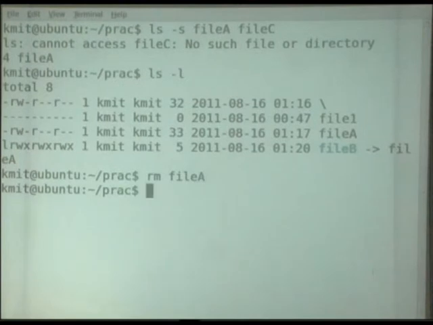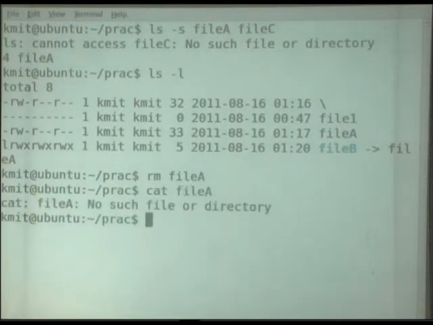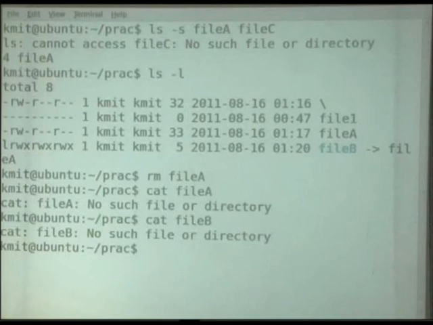I made a mistake, because we can also see the contents of file A with the help of file B also. That I have not shown, but it's very obvious that you can check the contents of a file. But now of course file A is not available, and when I want to see the contents through file B also, it is not available because the original file is deleted.